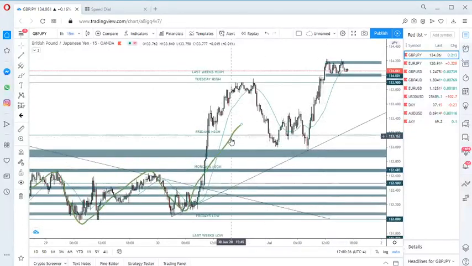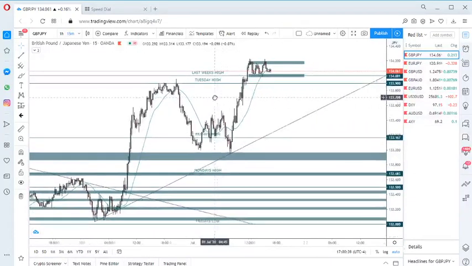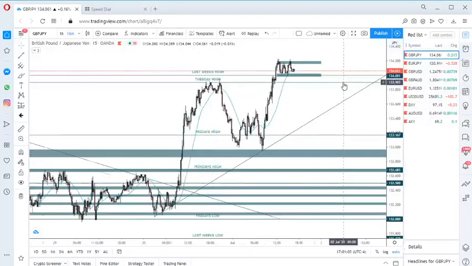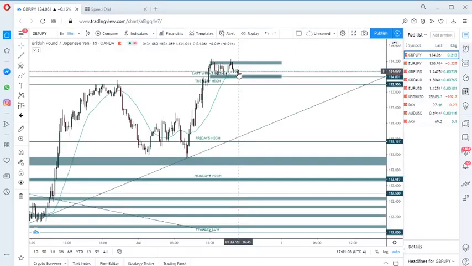Well, I think I mentioned also that I'm looking at this trend line here, because a trend line is basically a ratio of buyers to sellers, right? So this is the low that I'm marking off as the next low on the trend line. If price can remain above this low, I believe that we're still bullish on the pound in this current trend that we're looking at here. So we could either see a sell-off at this point and come down, retest this trend line somewhere about here and catch buys up, or it's actually possible that we could break above this zone, retest here